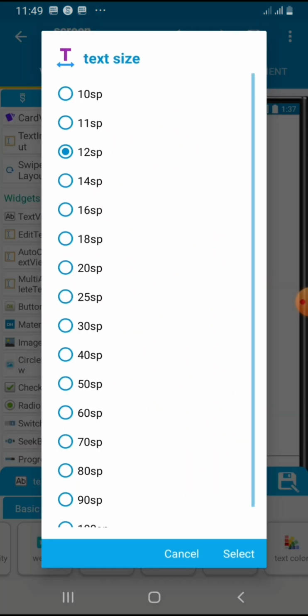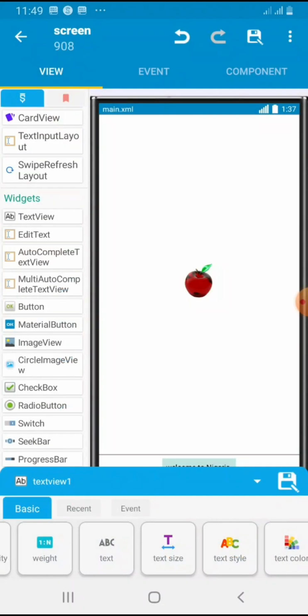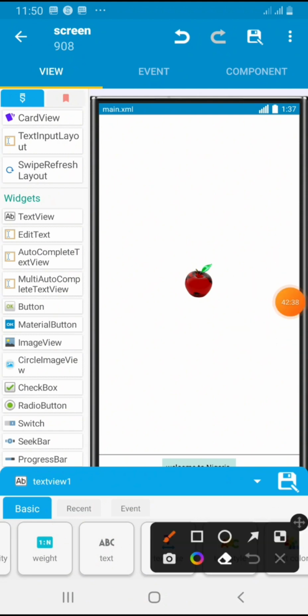You click on the text size, okay? Let's fix it at 14. You tap at 14 and you tap select. Then you need to put it in bold, okay? By putting it in bold,